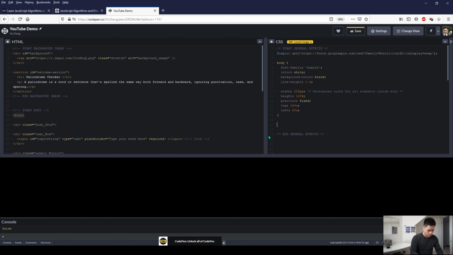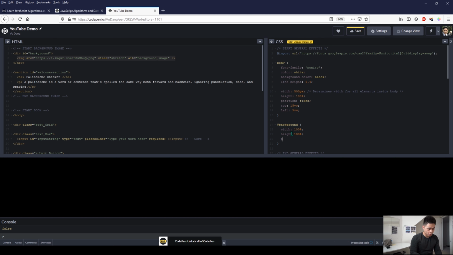So hashtag background curly bracket width colon 100%, because right now we're just formatting the container in which our background image is placed. So we'll just make sure that container covers the entire screen. So height is 100%,